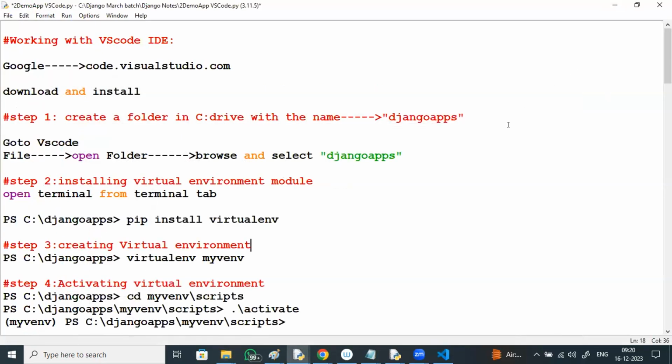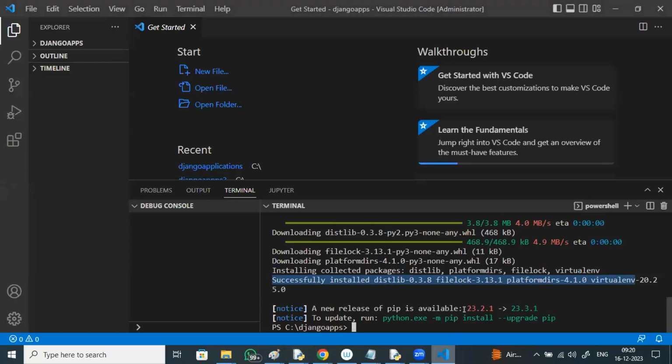So for that, virtualenv, give some name to that virtualenv, my venv I'm giving. So just go to this and say virtualenv, using that my virtual environment env.